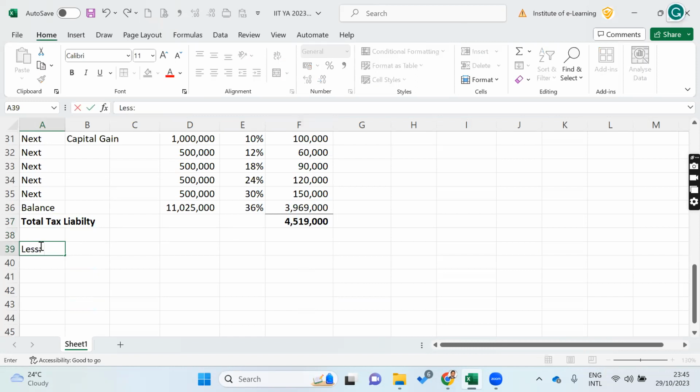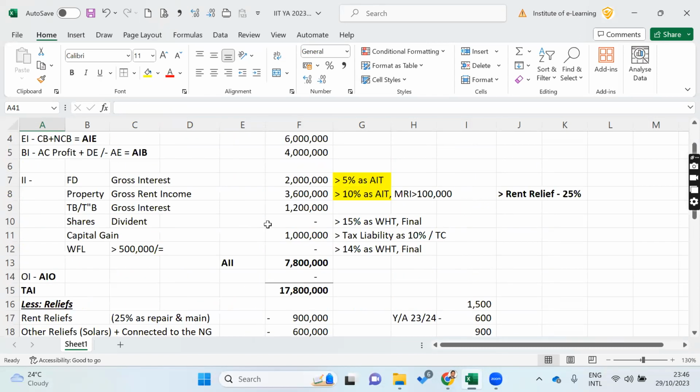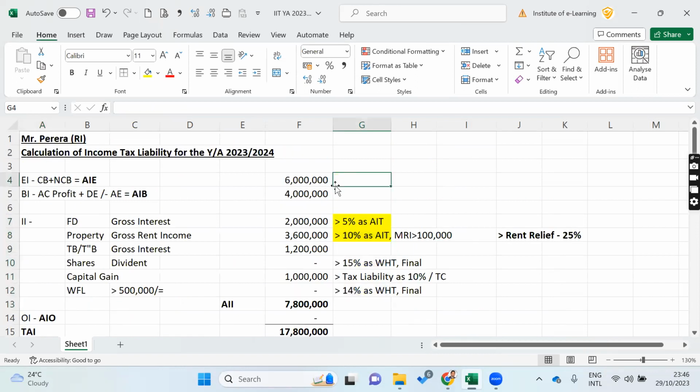Then what you can deduct? You can deduct tax payments. You can deduct tax payment. Here, less tax credit, tax paid in advance, right? Here you can deduct tax credit, in the sense tax paid in advance, right? Here, what are the credits? Here we have mentioned already. Employment income, if you have, anyway, the employer will deduct advance personal income tax, previously known as PAYE.